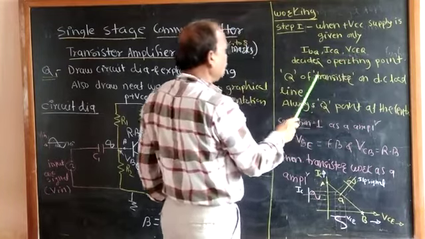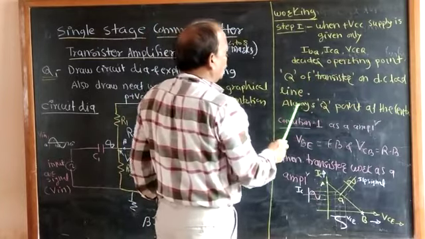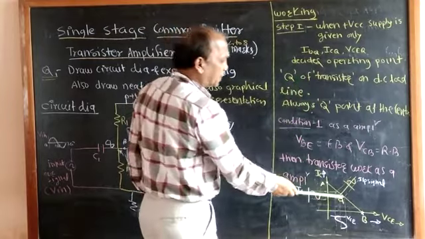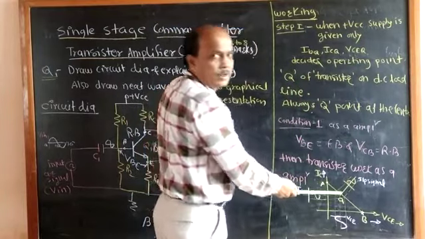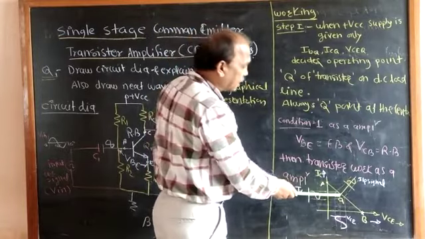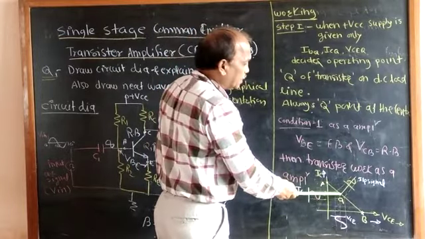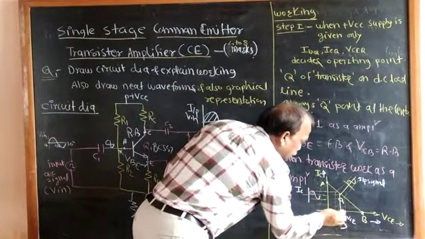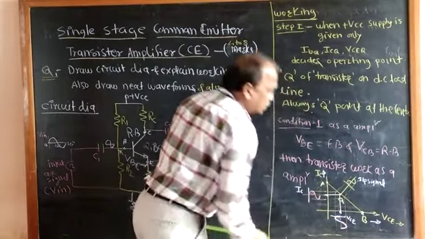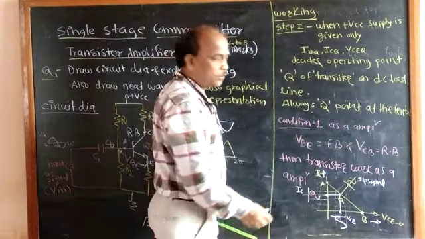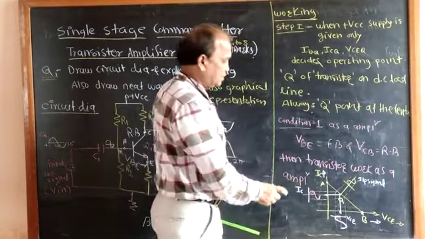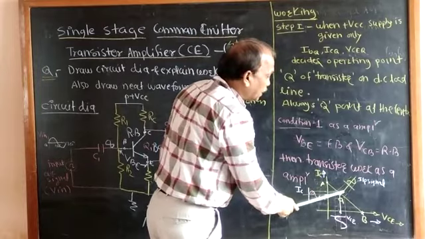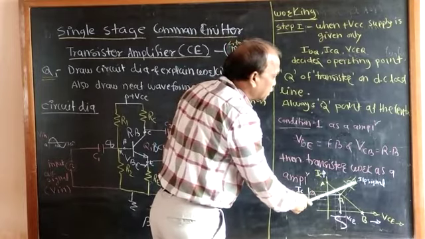Okay. Now we have to decide the operating point in such a way that this Q point always lies at the center of the load line. Okay, always at the center of the load line. Now this is the Q point. So this is VCEQ and this is ICQ. These 2 points are known as the operating point of a transistor. Now we have to apply an input sine wave signal, which is a sine wave signal as shown.